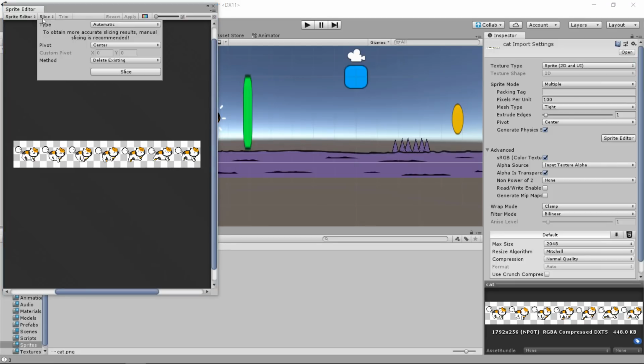And in the sprite editor, we're going to do a slice. Instead of automatic, let's do by cell count. So now I can tell it how many columns and how many rows it has. This particular sprite sheet just has one row, but it has 1, 2, 3, 4, 5, 6, 7 columns. So I'm going to put 7 for the columns and 1 for the row. And if we hit slice,